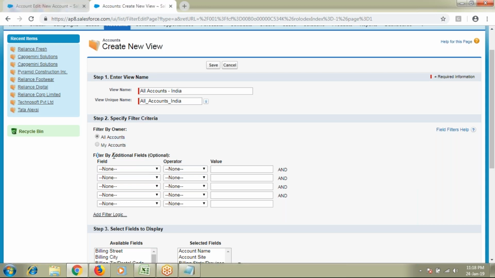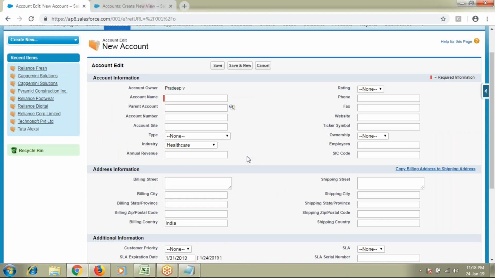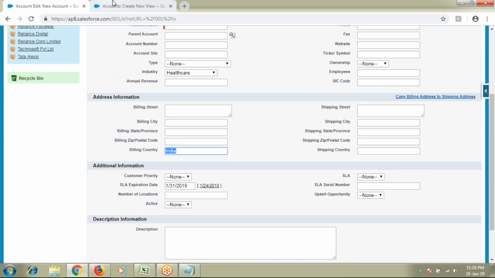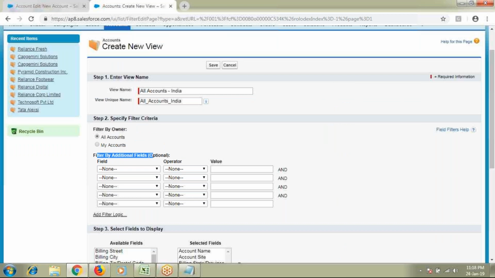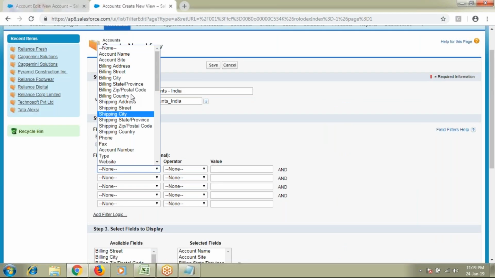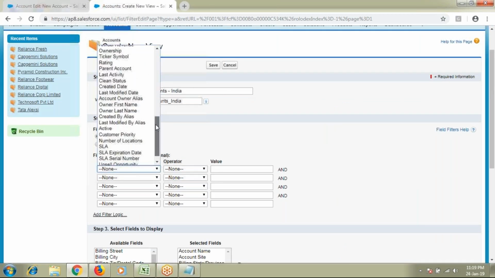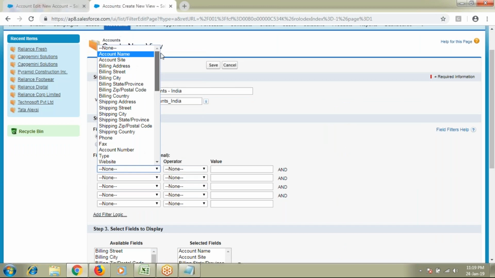So now here we have to mention the filter criteria. So what is the filter criteria? The criteria is wherever the billing country equals India. This is your field, where you can see the list of all the fields on your account object, and one of the fields is billing country.